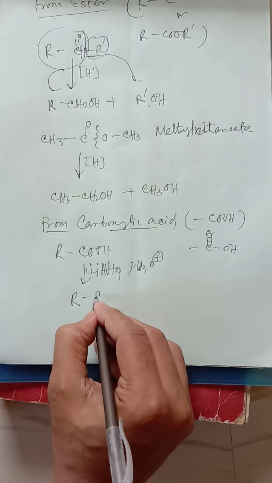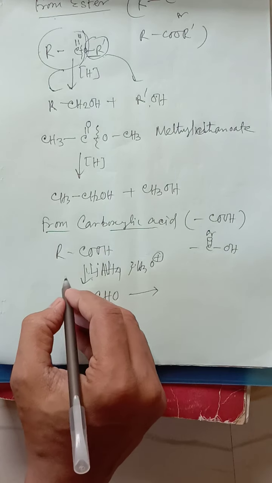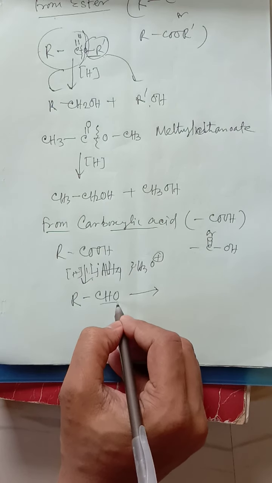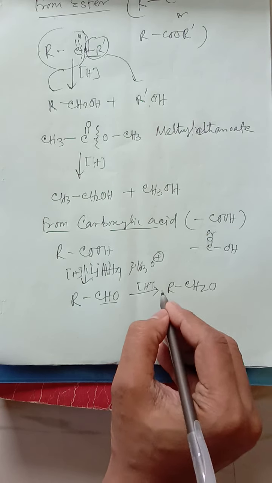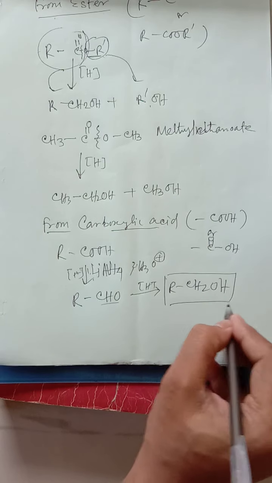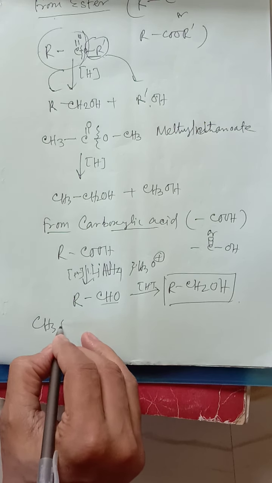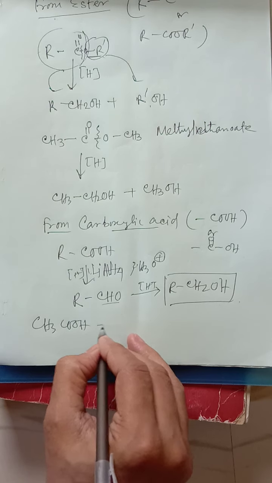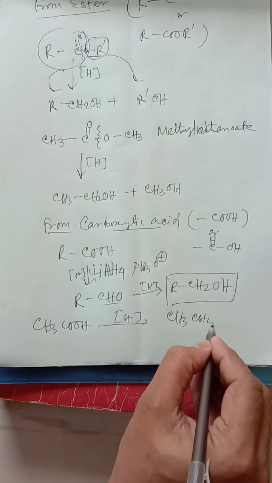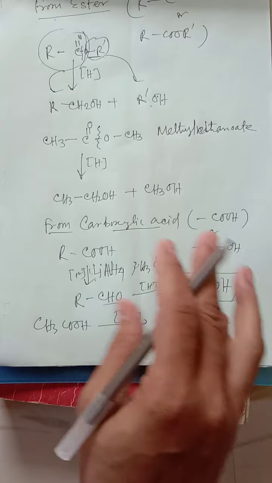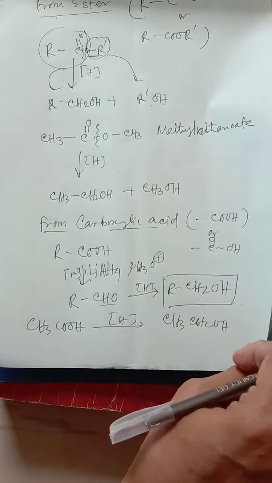What will happen? Actually it is a stepwise reaction. At first after the reduction it will prepare this one, and finally moving towards the alcohol, first step it is aldehyde. So this is the alcohol. So the final product will be alcohol. As for example, we can take CH3COOH, that is ethanoic acid. Whenever reduced, it will prepare CH3CH2OH. I think it's clear. So by this reduction process we can prepare alcohol.